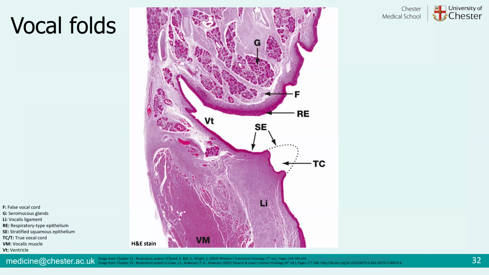So this is a cross section. At the top here, we have a false vocal fold. We then have this inlet here called a ventricle that separates them. You can see there's quite a clear delineation between the false vocal fold, which has lots of glands and subendothelial tissue, and then as we get to the true vocal folds,